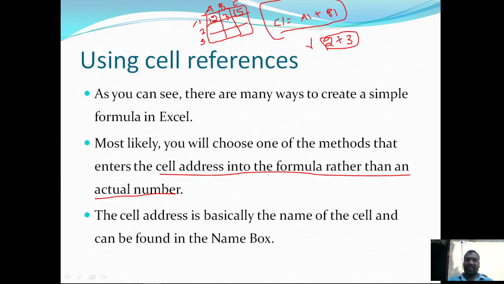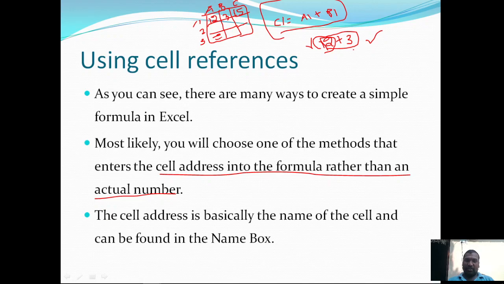It directly or automatically the result will be updated. For example, here I am returning a formula by pressing the equal sign, equal 2 plus 3. So if I want to change the values 2 and 3, I need to edit this formula and type the values. So it is not a convenient way to perform the operations directly on numbers.